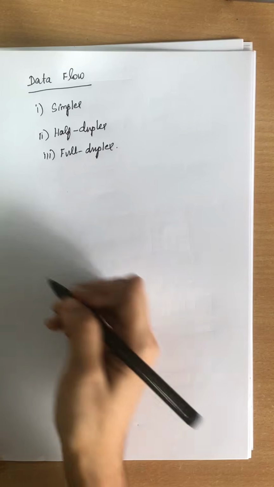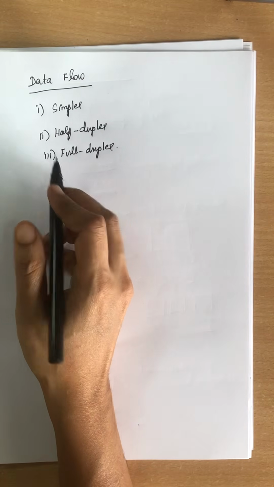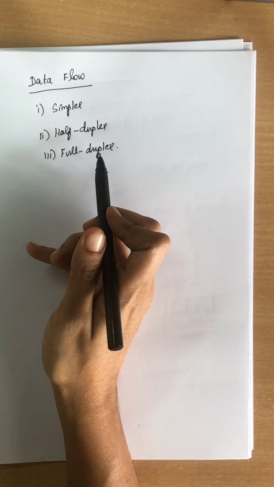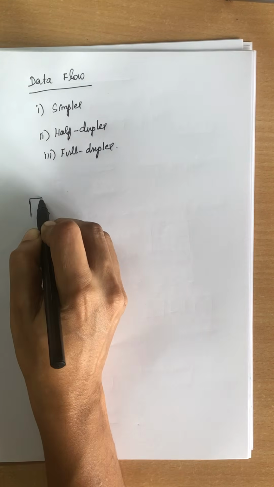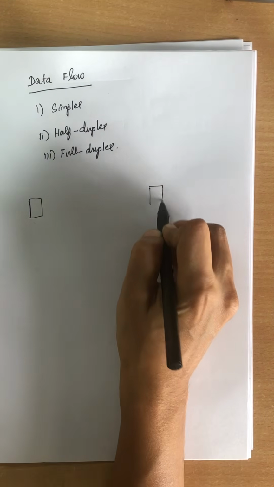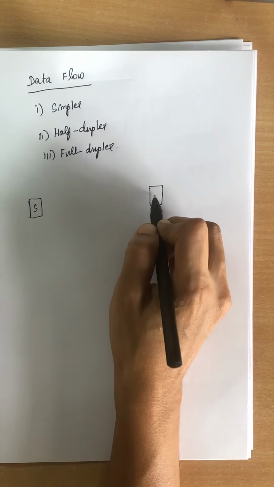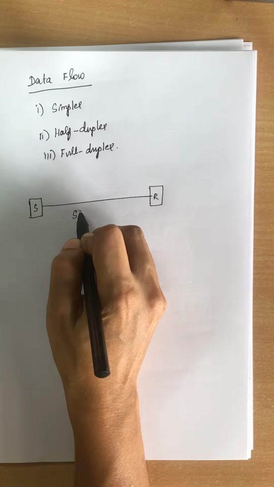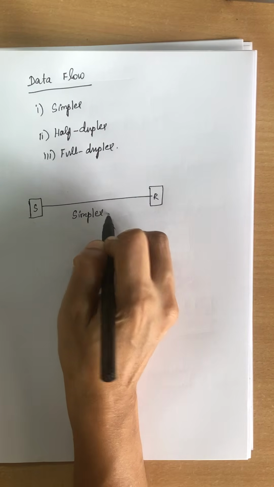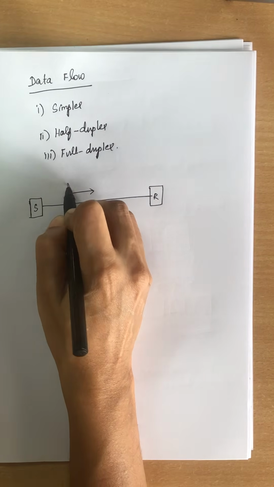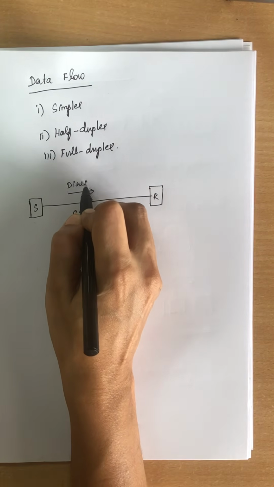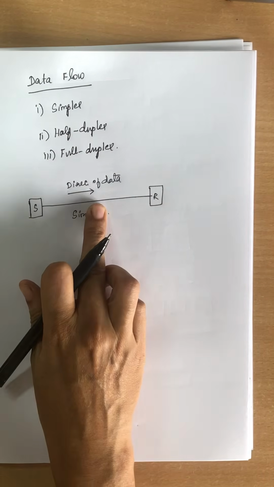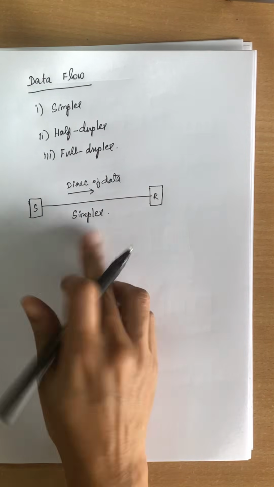Okay, so you can send the information. The flow can be in three forms. One is simplex, half duplex and full duplex. So you have the sender here and you have the receiver. This is the sender and you have the receiver. Okay, so this is the simplex form. The direction of data will be in one side, where the sender is sending the data and the receiver is receiving the data. Simplex form.